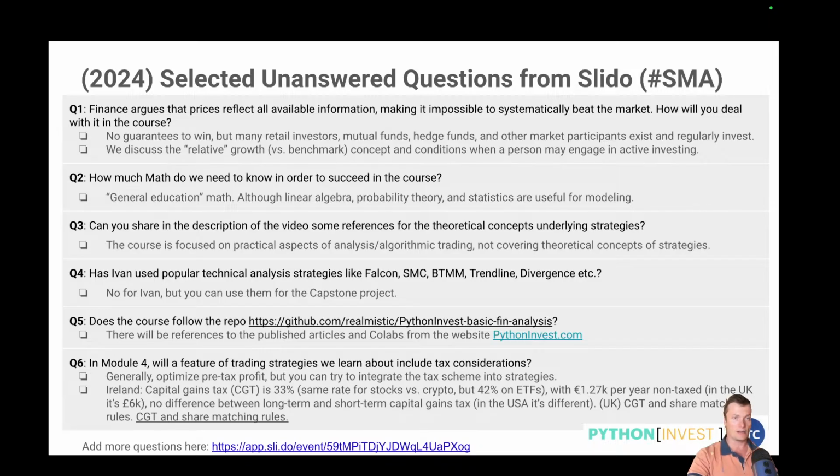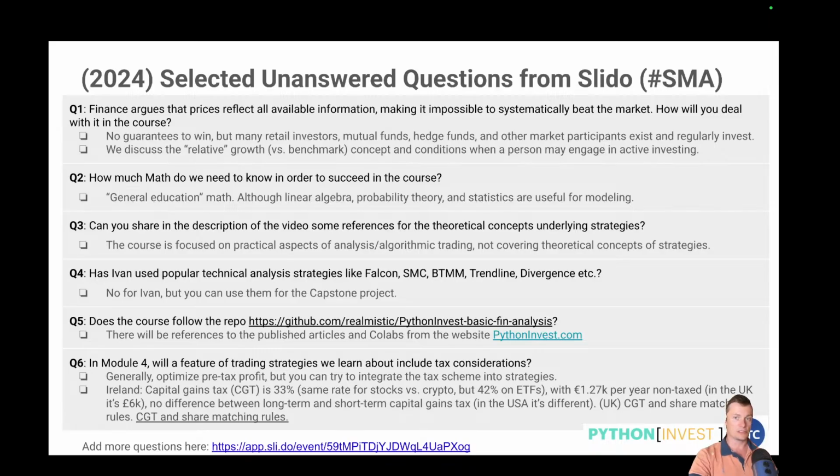Question number 1: finance argues that prices reflect all available information, making it impossible to systematically beat the market. How will you deal with it in the course? Of course, we are not providing a winning or always-winning trading strategy, but as you may notice, there are many retail investors, mutual funds, and hedge funds in the market, and they regularly invest. So hopefully we can make some practice